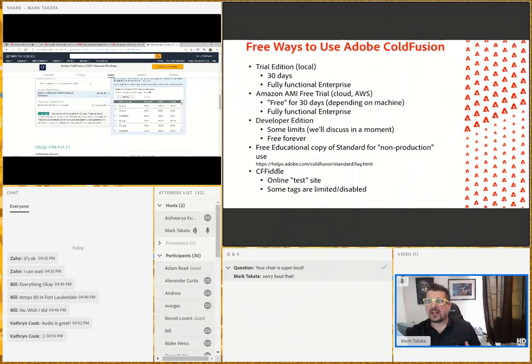Next is the developer edition. When you were reading all the instructions, you think, oh, standard, enterprise. Well, there's actually more than just those versions, right? You've got the developer edition also, and the developer edition has some limits to it, but it